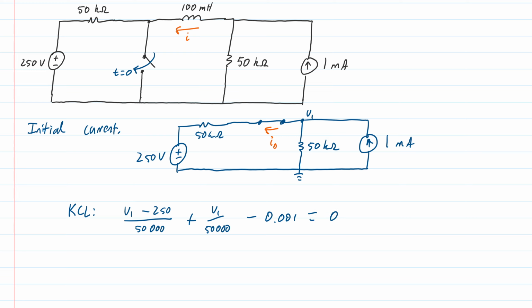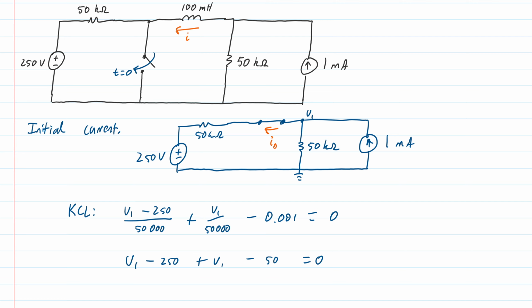So I can multiply everything out by 50,000. 50,000 times 0.001 is just 50. So I will wind up with the following: V1 minus 250 plus V1 minus 50